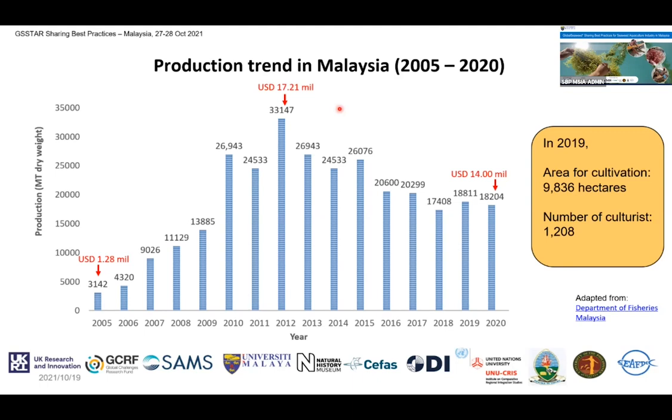The decline in production can be attributed to the same method of vegetative propagation being used for the past 50 years, whereby the plants are cut and reused as propagules or seedlings for replanting. And this resulted in clones and limited genetic diversity within the cultivars. This, along with changes in the environment and the climate, and also poor farm management, has led to increased incidence and severity of pests and diseases in the farm.